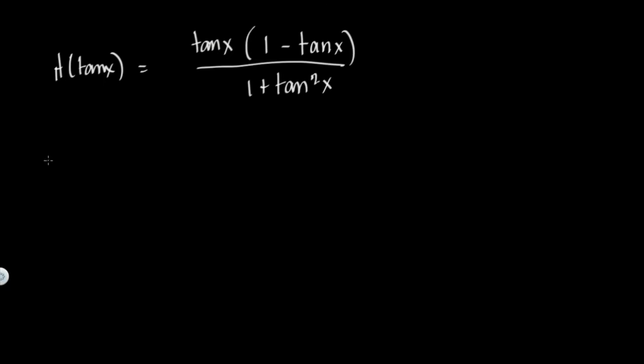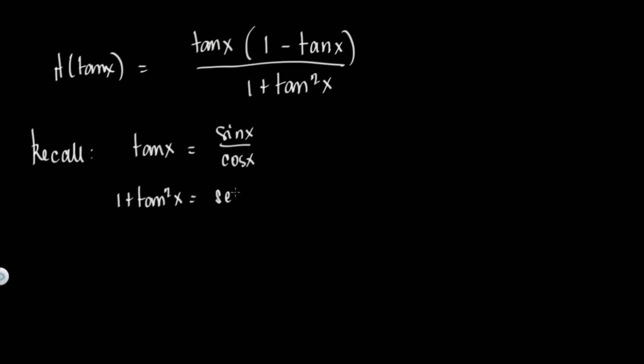So, recall from your trigonometry that tangent x is equal to sine x over cosine x. And 1 plus tangent square x is equal to secant square x. And secant x is also 1 over cosine x. Okay? So, tandaan yan. So, here, tuloy natin yung problem, h of tangent x is equal to,